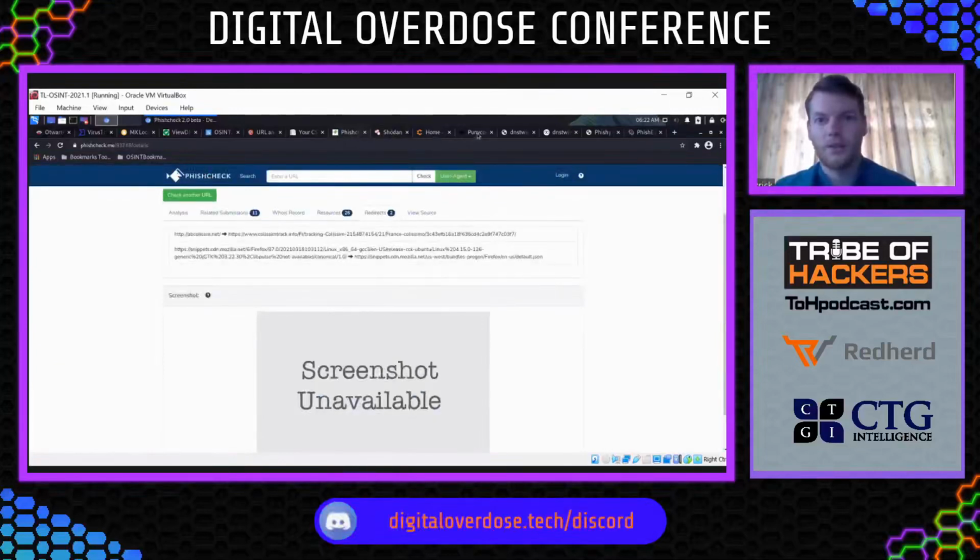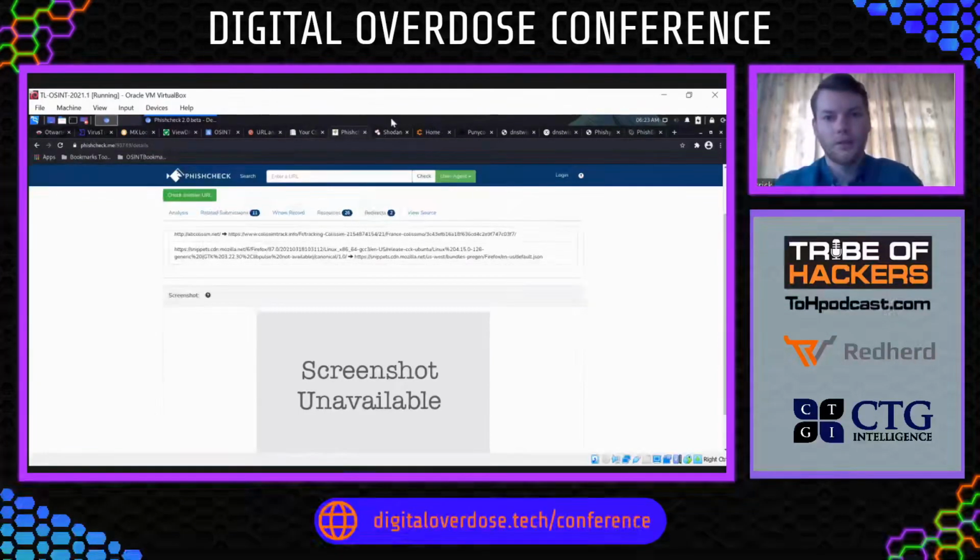Then I'm going to use Shodan, Censys, and other related tools in order to investigate the domain name. So this is one of my workflows that I'm using.